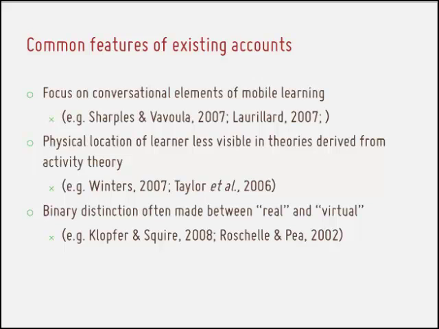And to me, the differentiating factor there is space. So I was interested in talking about space in a way that would fit with this idea that we already have of context, because obviously space is just one part of the context. As well as this, I noticed that it's very often that you find the distinction between the real world and the virtual world in the literature talking about mobile learning, that you've got a real world, which is the sticks and stones and grass and tarmac that make up the location, and then you've got whatever's in the device, the virtual world. And there's a very strict binary distinction that's consistent in the literature here,